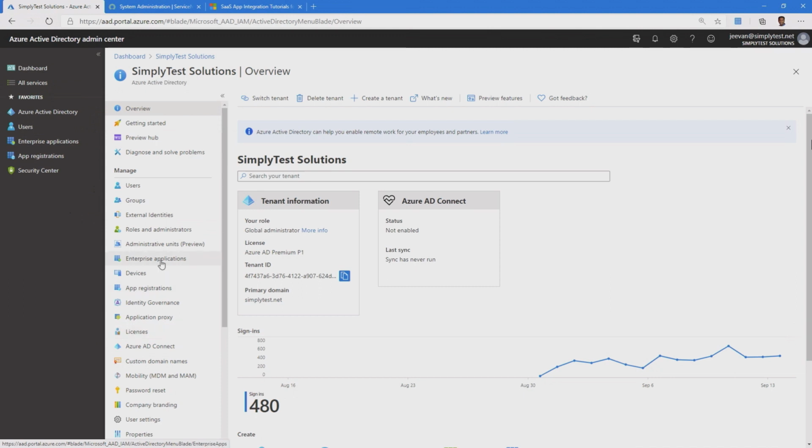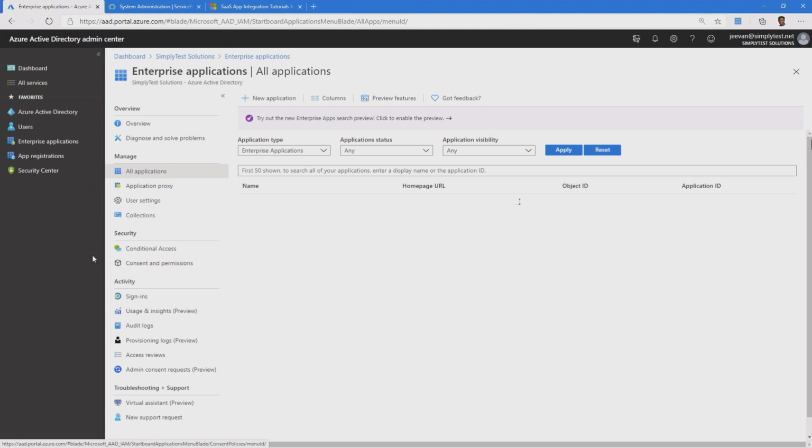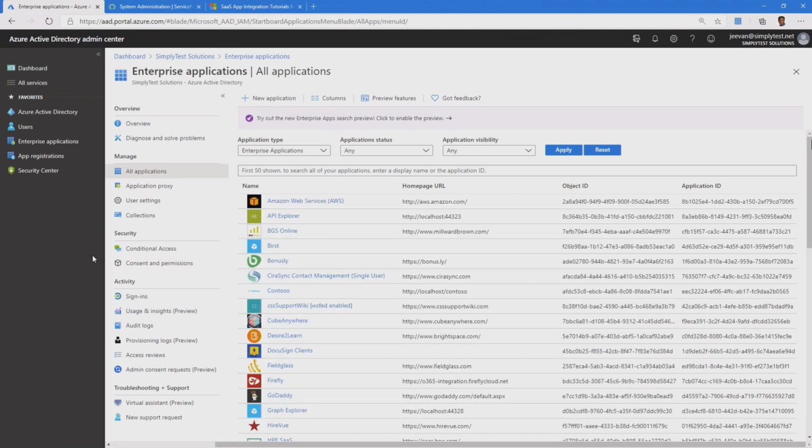As we now have to add the SaaS application into my tenant, you have to go to Enterprise Applications. This is the page from where you can manage all your SaaS applications in Azure Active Directory. These are different applications which have already been added and configured for single sign-on and user provisioning. Now, let's look at the Azure Active Directory application gallery.